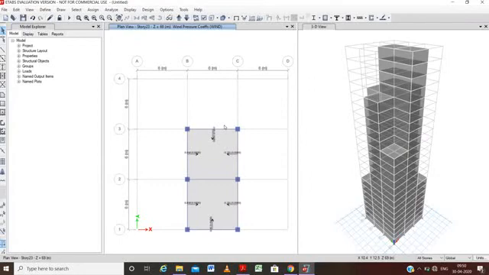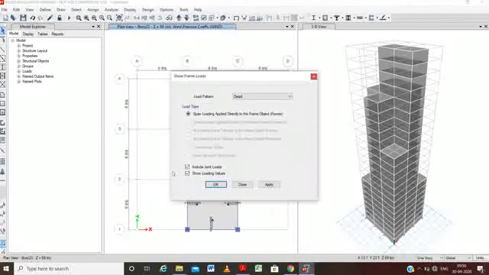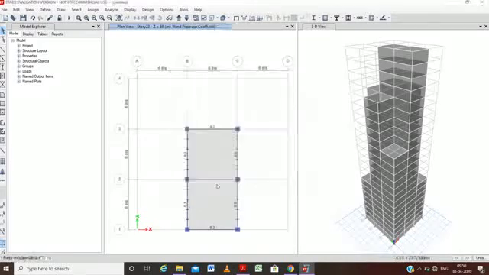And here we can watch, we'll first come to one story. Here we can watch that we have, just go to display, load assign for frame, date load, OK. Here we can watch that there are loads on the beam of auto cladding, but we know at that height there is no cladding, so this